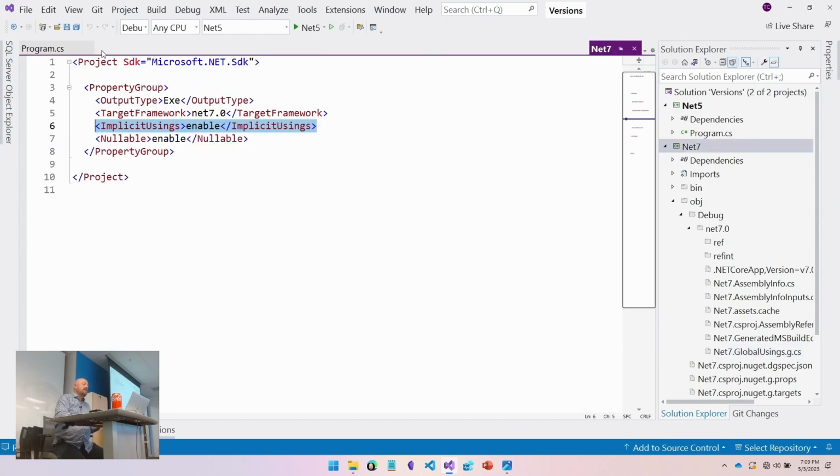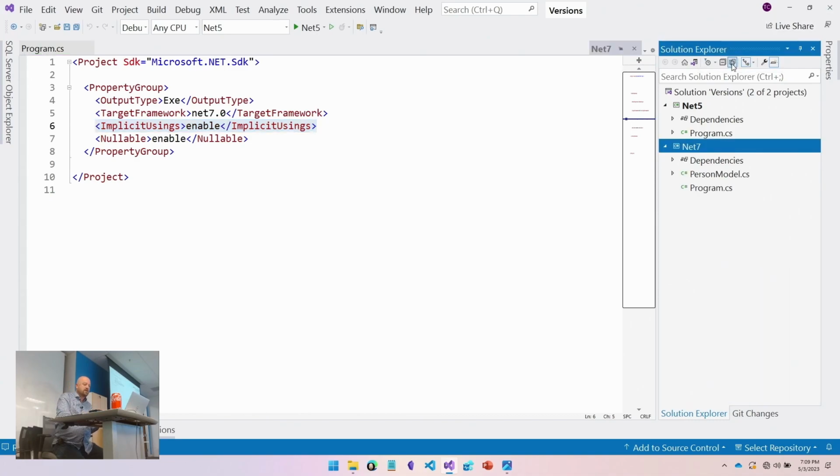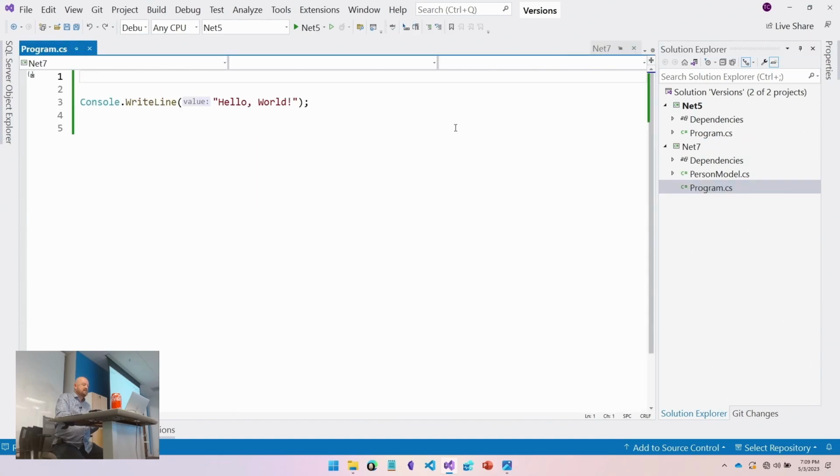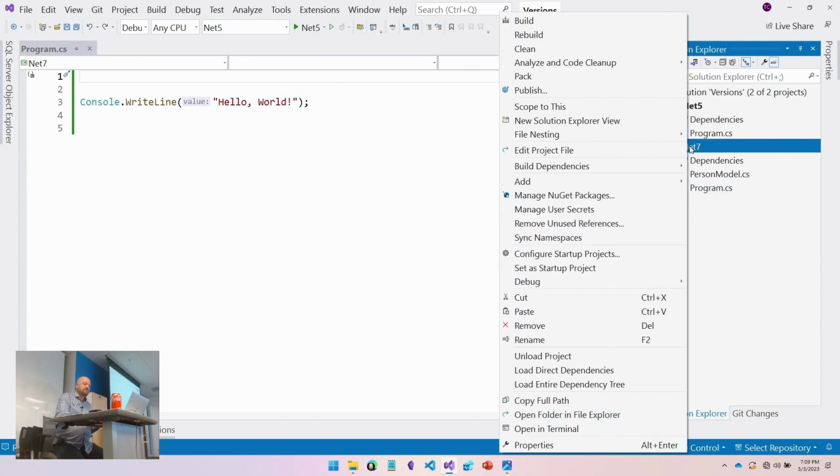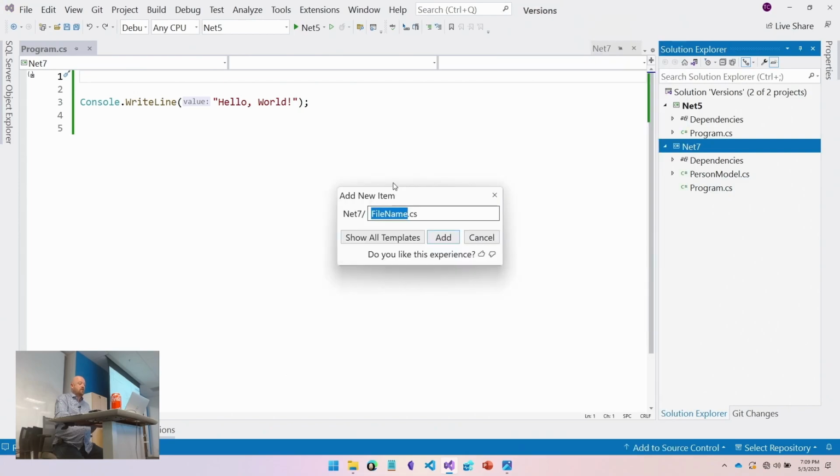However, there is another thing they did, which in my opinion should be the only thing they did, but they decided again to do implicit, and that is global usings. Global usings are not implicit. You actually put them in a file somewhere. So let's do that. Right now in our Program.cs, if we wanted to add PersonModel, we have to add that using for net 7. However, if I create a new file, I can put this anywhere, but I prefer to call it something like GlobalUsings.cs